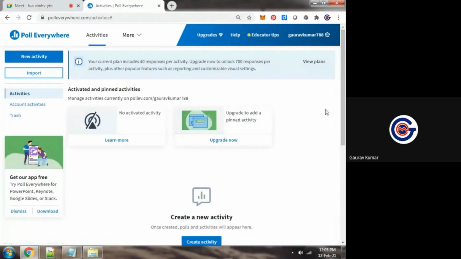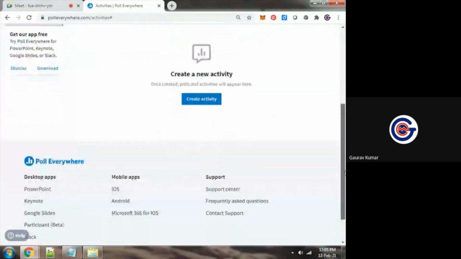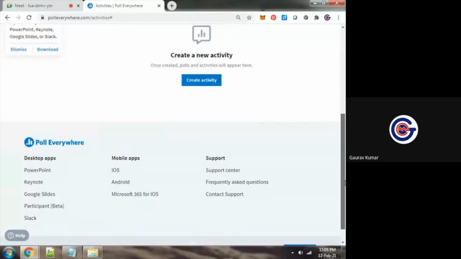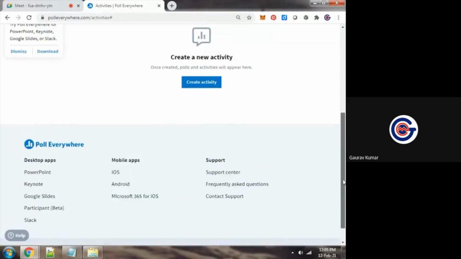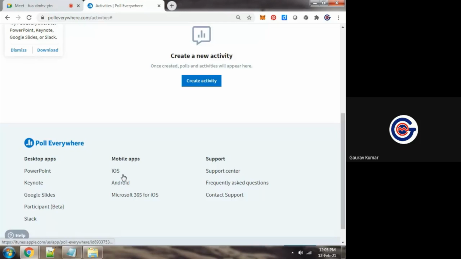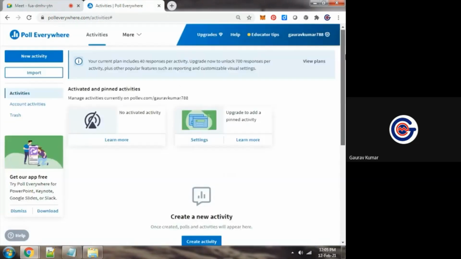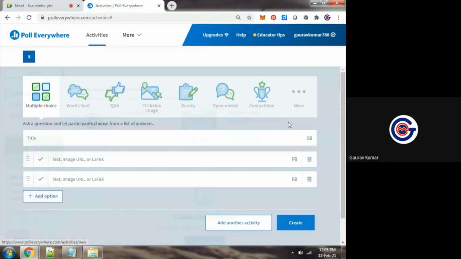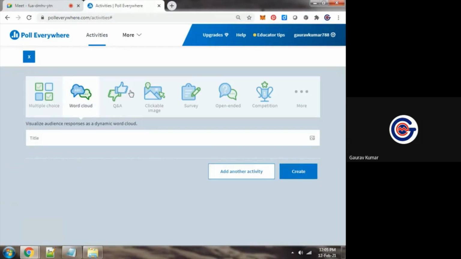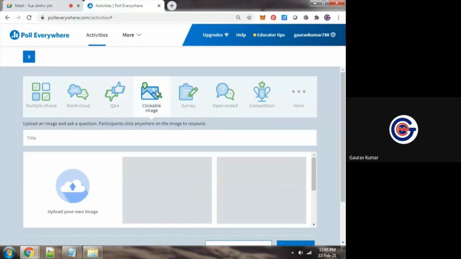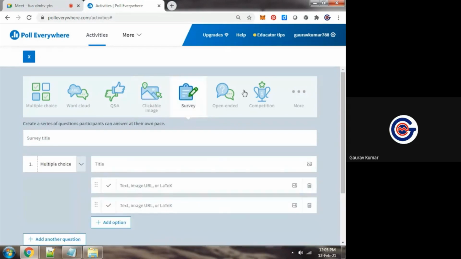You can see that there are so many activities available. Its mobile apps are also available for Android, iOS, and Windows, and not only Poll Everywhere, there are so many cloud applications available. We can create multiple activities. New activity: you can see multiple choice question, word cloud, questions and answers, clickable image, survey.